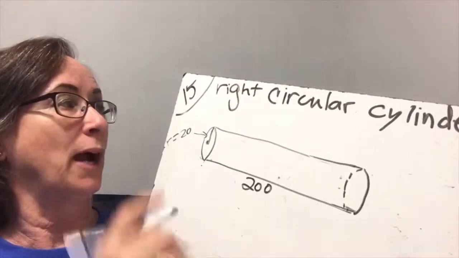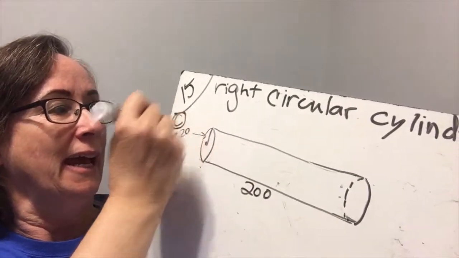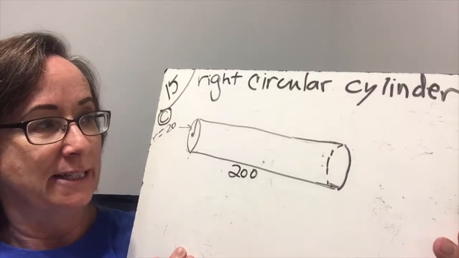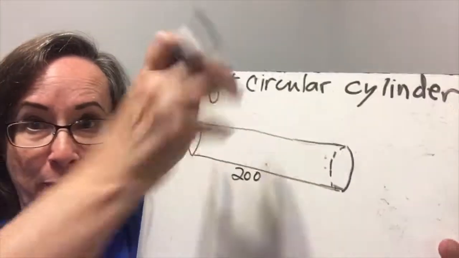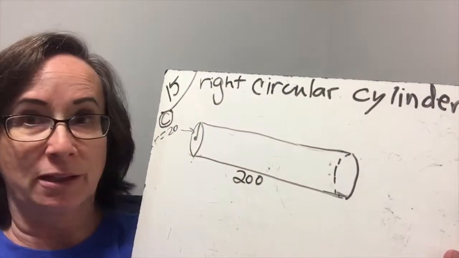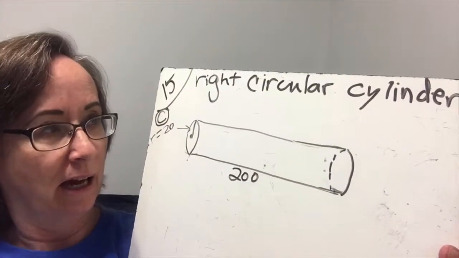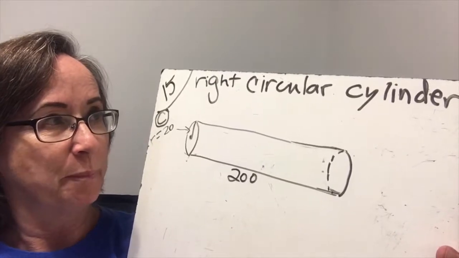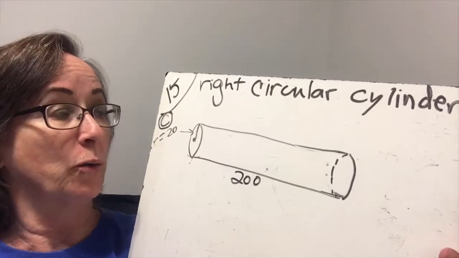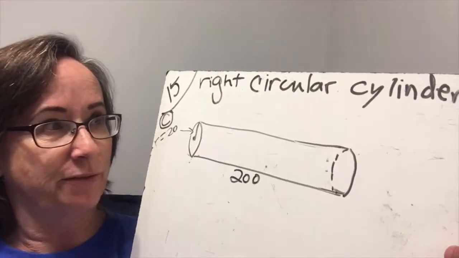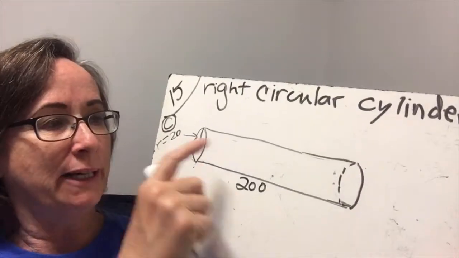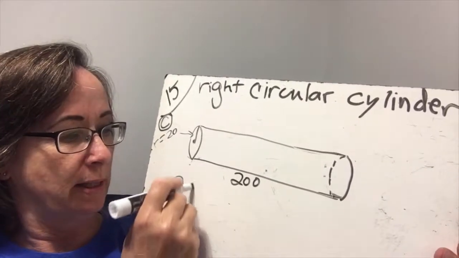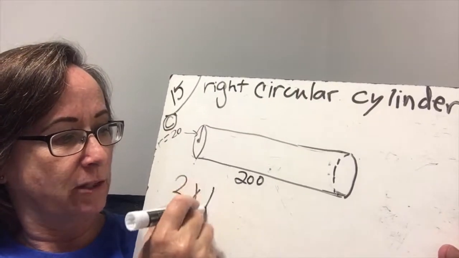Okay, so this is practice C, and we have a right circular cylinder. Okay, so if we sat the cylinder up on its end, it would look like a very, very skinny, tall shape, but it would be a right circular cylinder. So we are going to find the surface area, which means that we're going to have to find the area of both of the circles. So 2 times the area of the circle,